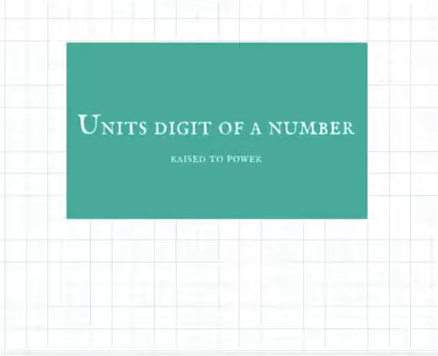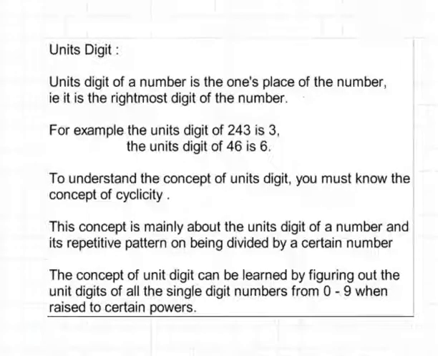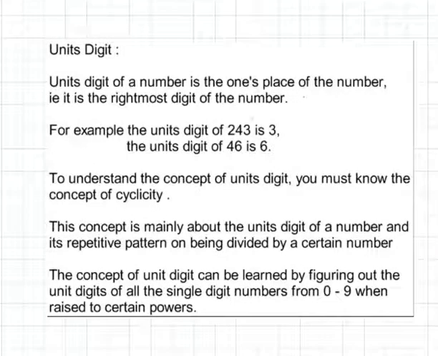So, in the number part you have already seen the basics, that is classification of numbers, divisibility rules, factors, LCM, HCF, and so on. Now we are going to look at the units digit of a number. When you say units digit, what do you mean by that? It's the last digit, that is the rightmost digit. In 243, the 3 is the units digit. Or in 46, 6 is the units digit. So this seems to be very simple.